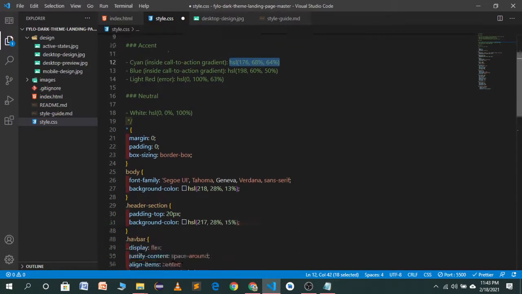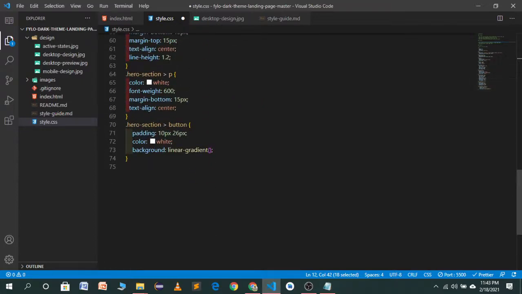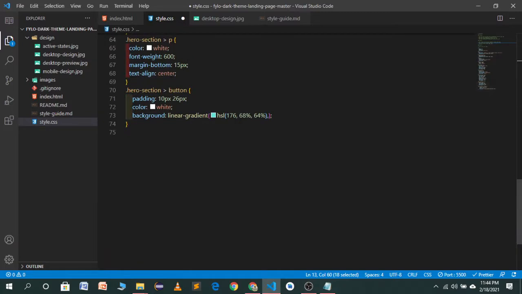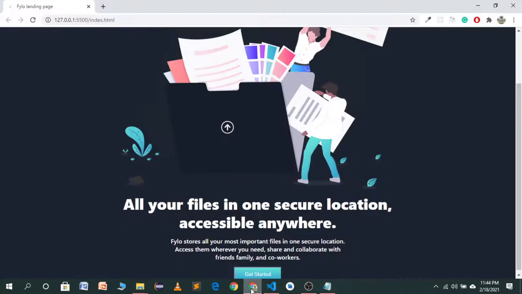First of all I will use this cyan color, and then after a comma I will use this blue color. So copy this color and paste it here. Now save this one. Let's see.